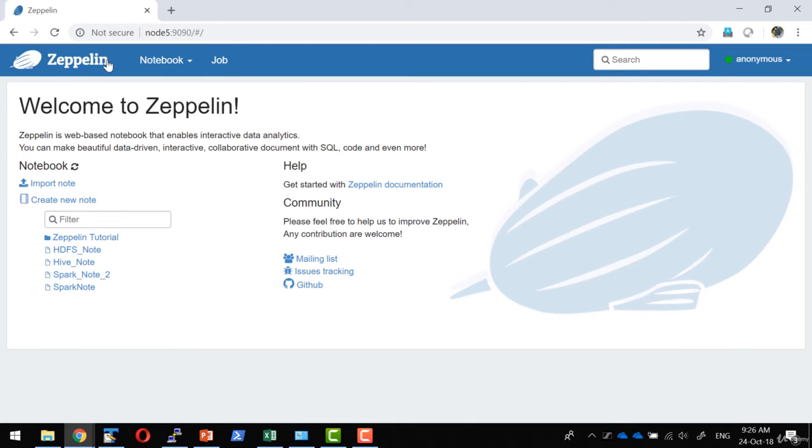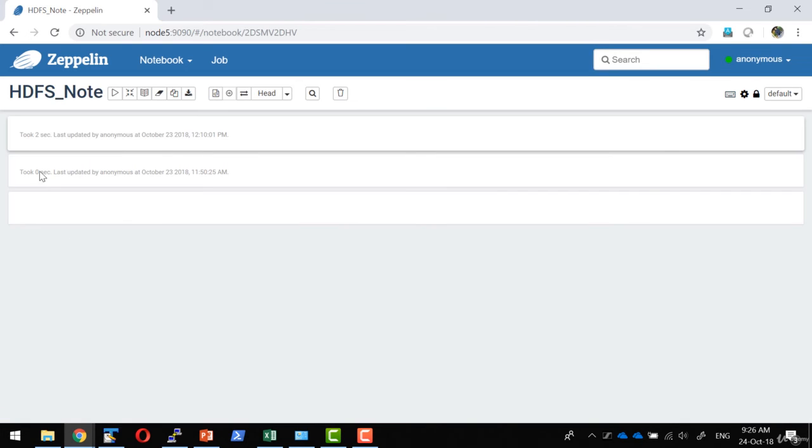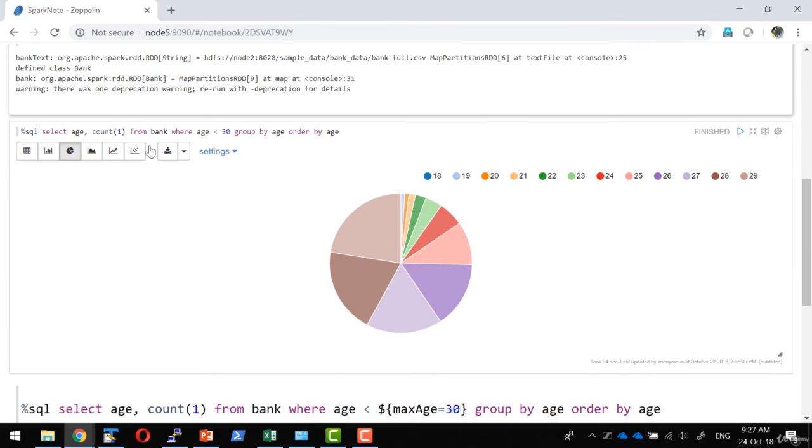This is how we will be having the UI where I can maintain n number of notebooks, and in each of the notebooks I can provide the commands that I want. For example, this is a simple Spark code. Whatever that I wanted to do, I can give the instruction, I can get the result,